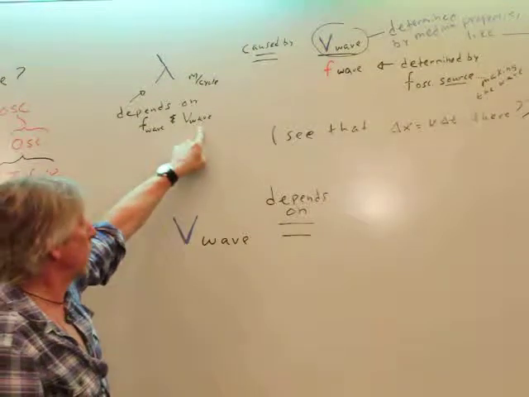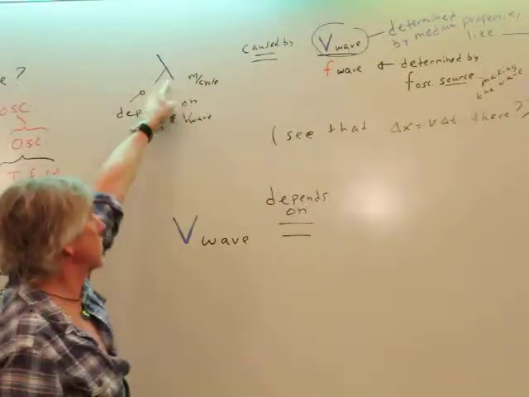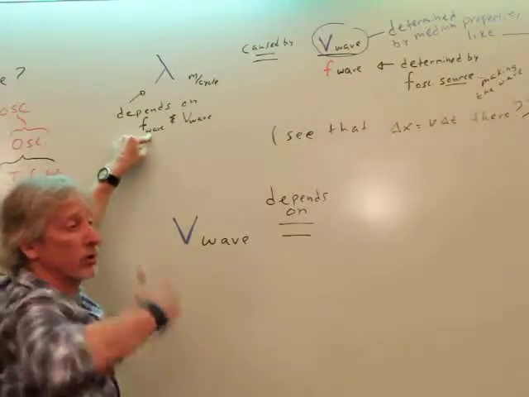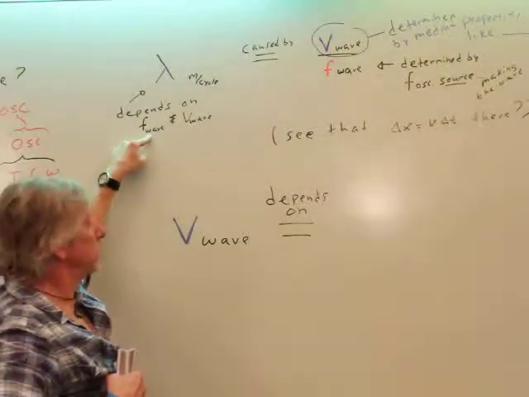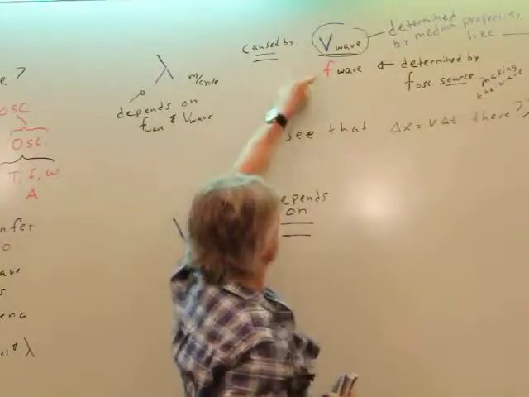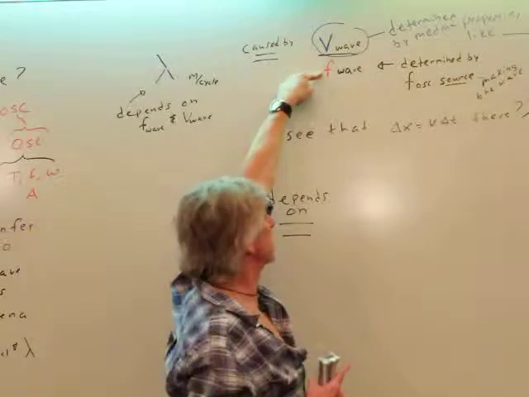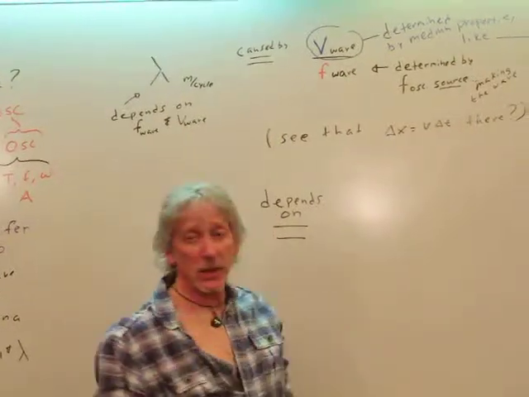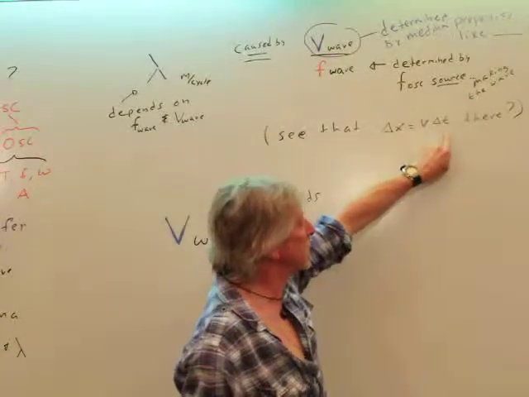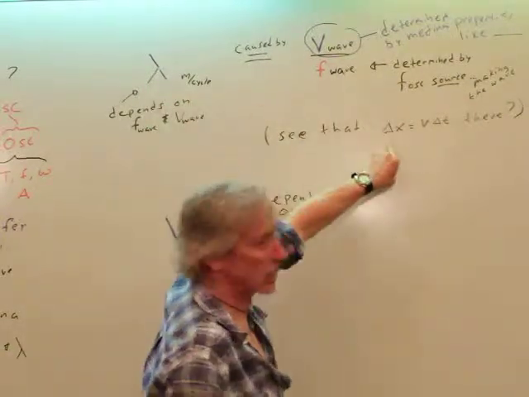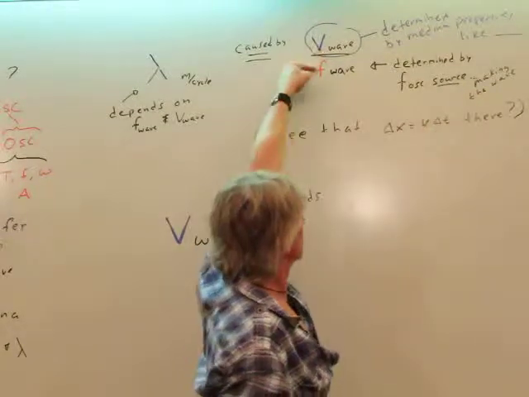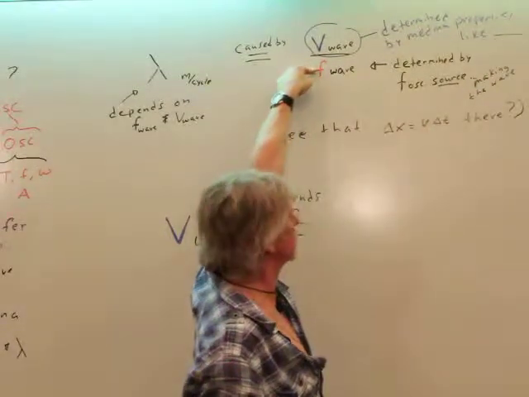If you vary the velocity, if you go faster, it's going to stretch the wave out. If you oscillate faster, you won't go very far before you complete a cycle. So faster velocity, longer wavelength; faster oscillation or higher frequency, shorter wavelength. That should make sense. Okay, but do you see the delta x equals vt? Think of this as delta x, kind of. That's the v. And this is t. Well, frequency is 1 over the period, so there's your t.